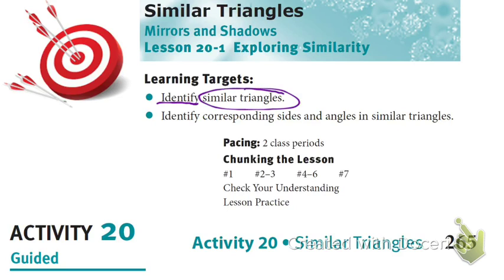Our action verb here is to identify, and what are we identifying? Similar triangles. We also need to identify, our action verb once again is identify, and we're identifying corresponding sides and angles in similar triangles. This lesson will not last 2 class periods because I'm going to take out numbers